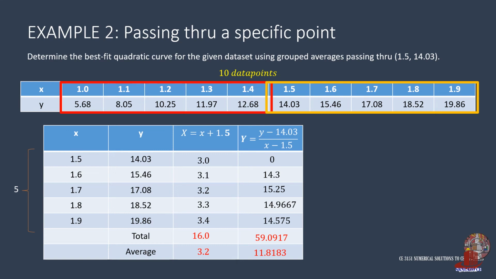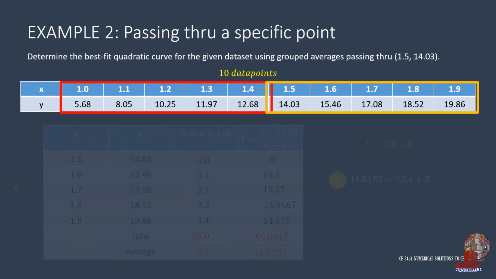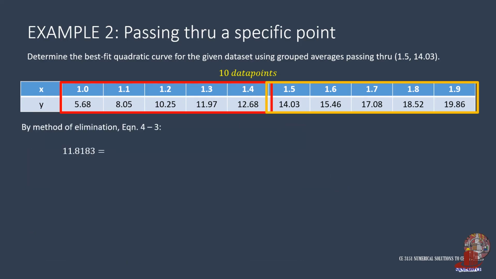After completing the table, we can write equation 4 as 11.8183 equal to 3.2a plus b. Proceed to using the method of elimination and subtract equation 3 from equation 4 to eliminate b. 11.8183 minus 13.61 gives negative 1.8017. Then 3.2 minus 2.7 is 0.5a. A is then solved as negative